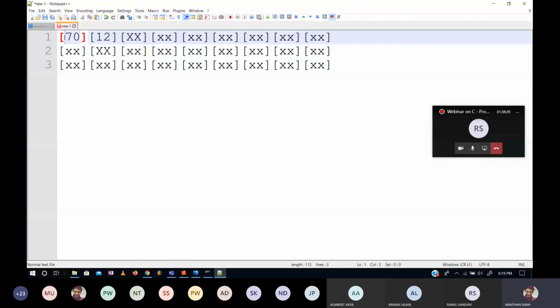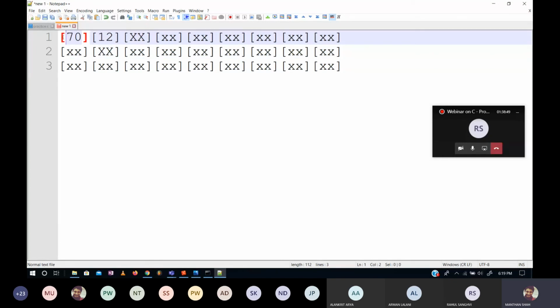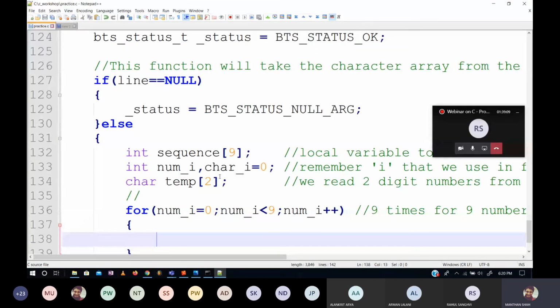What logic we'll use in grabbing all these numbers from all this mess of characters, because there is this opening bracket, then there is this closing bracket, and unke beech mein. So logic that we will use is, we will use a loop that will keep on incrementing till it finds this character, this opening bracket. Once it finds this opening bracket character, then we will say ki anything that all the next 2 places that follow this thing are actually going to be numbers. So we are going to take in the next 2 characters, and then ये जो 2 characters लिए, we are going to store it in temp.